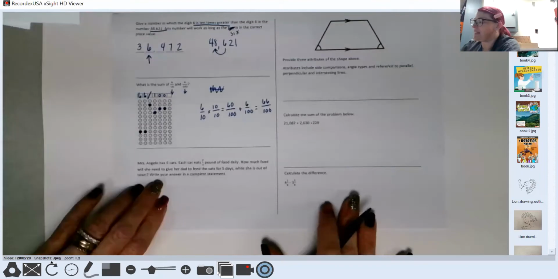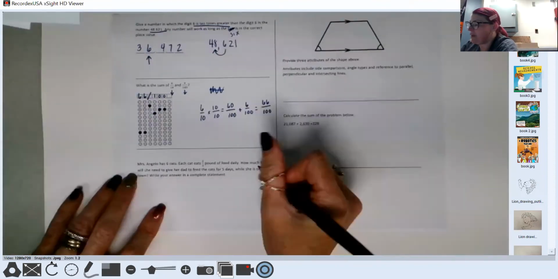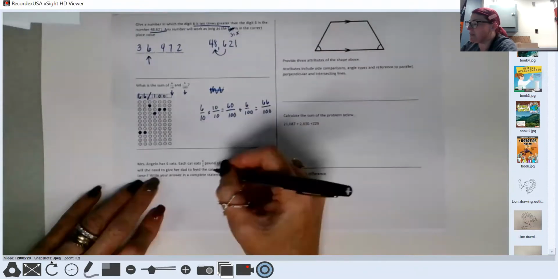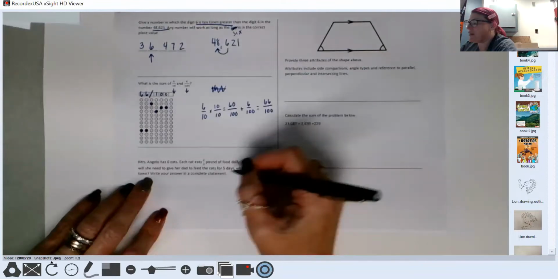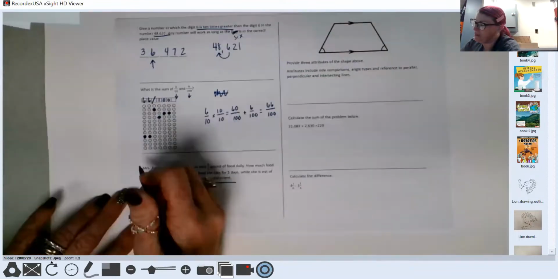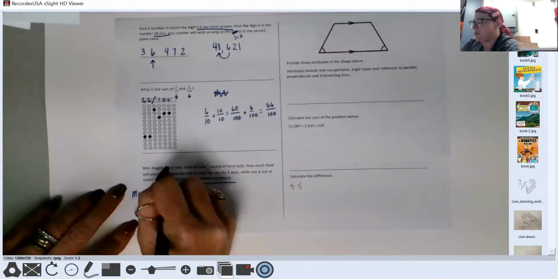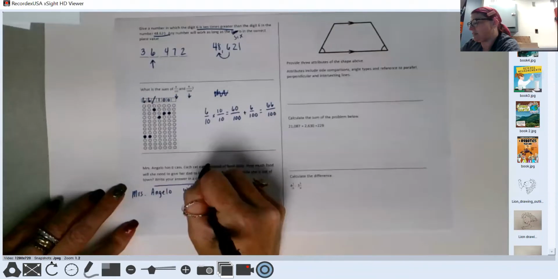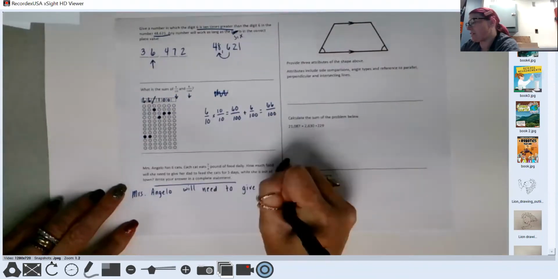Mrs. Angelo has 6 cats. Each cat eats 2/3 pound of food daily. How much food will she need to give her dad to feed the cats for 5 days while she is out of town? Write your answer in a complete statement. So my answer needs to be in a statement. Mrs. Angelo, I'm going to write that first, will need to give her dad